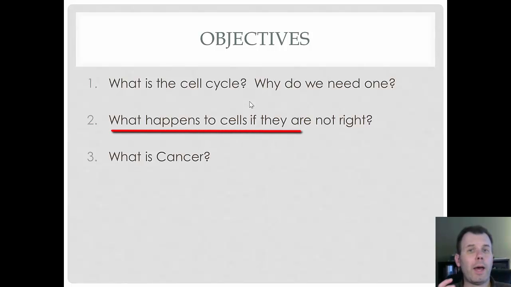We'll talk about what happens when everything goes right and then when everything goes wrong. What happens to the cells if they don't go right? This happens all the time. Sometimes the cells grow abnormally, sometimes they divide incorrectly, sometimes the DNA doesn't replicate correctly. And what happens to those cells? This happens all the time, but we don't die of cancer every day. We have mechanisms that actually avoid this situation, and we're going to talk about that.